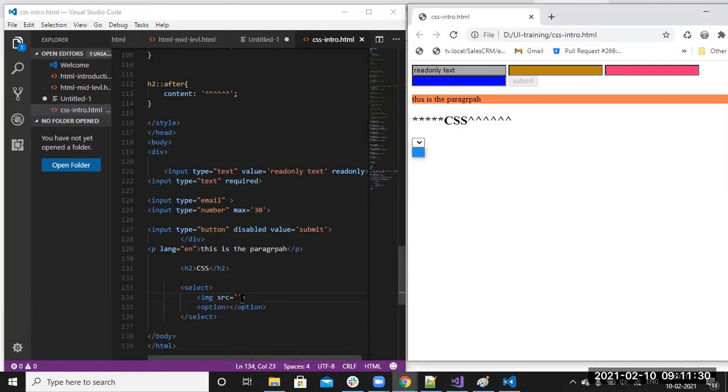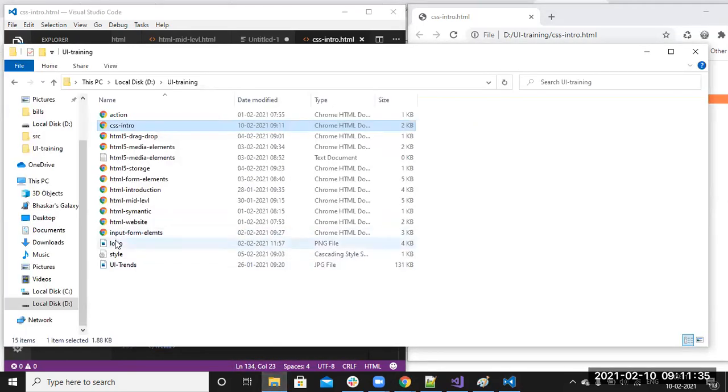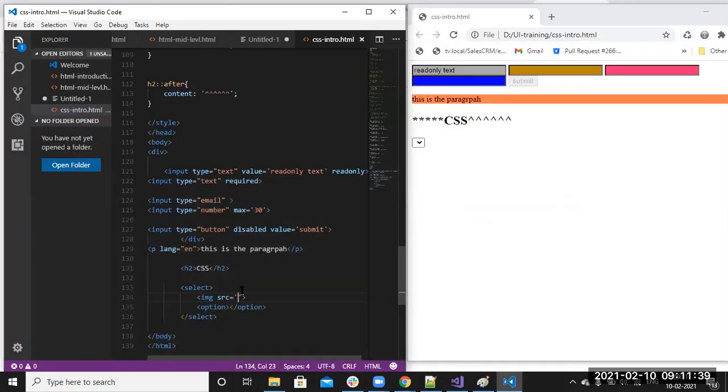Okay, that image is there. What we'll do, we'll take one image, logo.png. See now. Okay, option one.